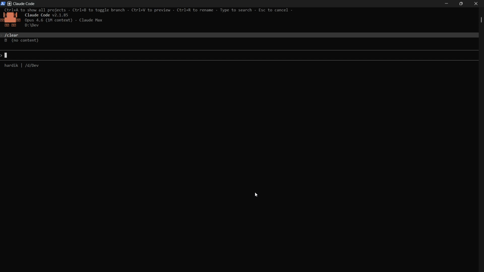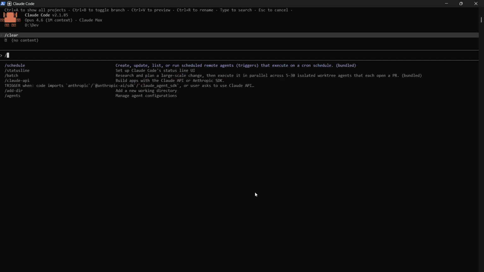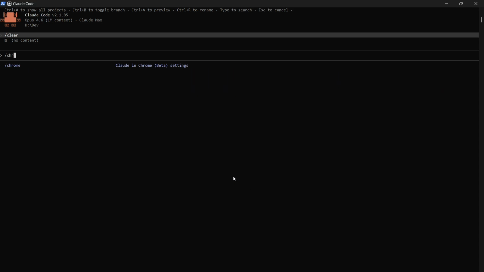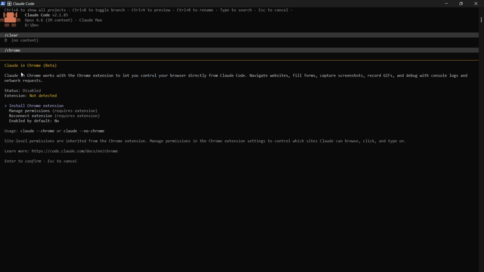In order to start, the first thing that you can do is simply launch your Claude Code, and after launching it, simply type in the command, a forward slash and then Chrome. As you can see, this is the command. Simply hit the enter button and it says